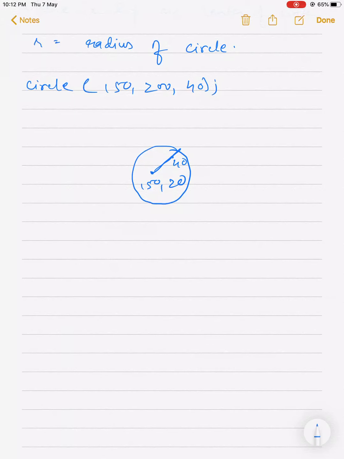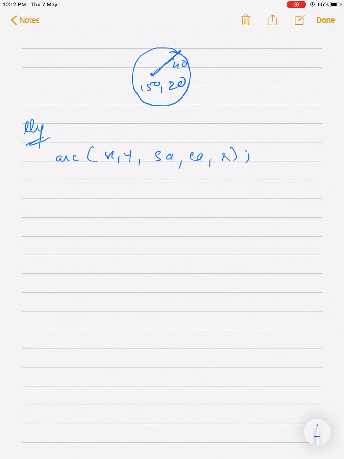Similarly, there is one more function, arc. If you want to draw an arc, the syntax is x y SA EA r. X, y and r are clear to you. SA is the starting angle and EA is the ending angle.